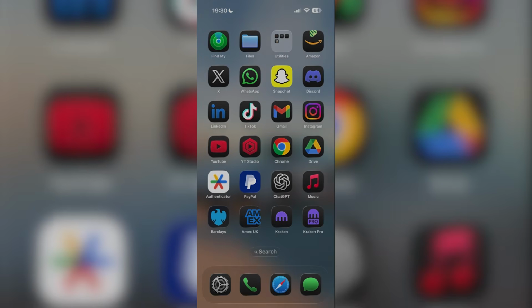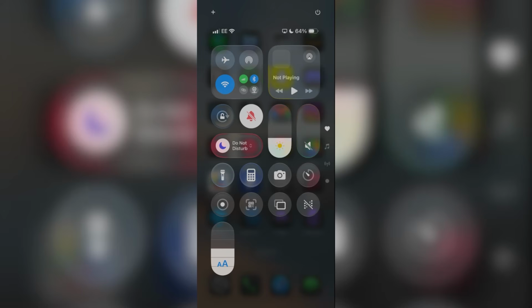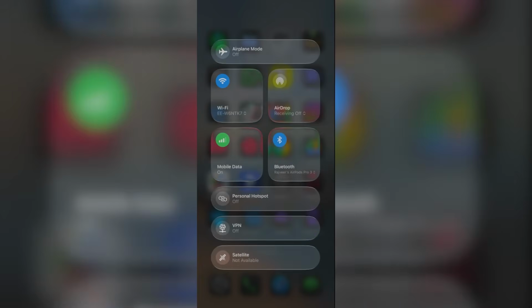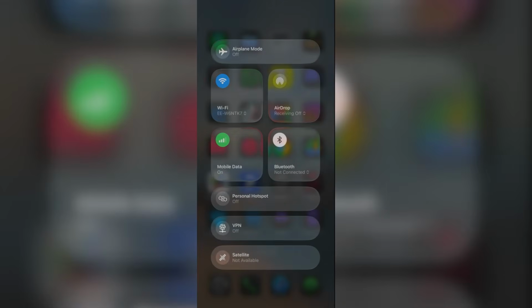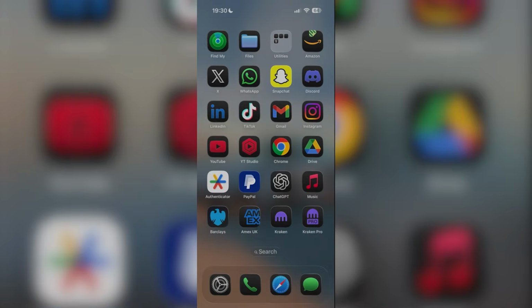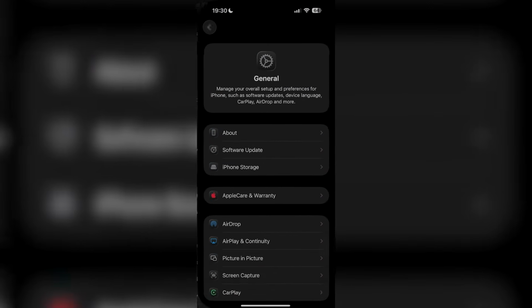There's a few things you're going to want to go ahead and do. The first thing is swipe down in the top right. It's going to show your control panel. Make sure you're not in airplane mode and make sure your Wi-Fi and mobile data are both turned on. And once you've gone ahead and checked that, I'm just going to turn it off right now to save some battery. But once you've gone ahead and checked that, go to your settings like so, then go to general, and